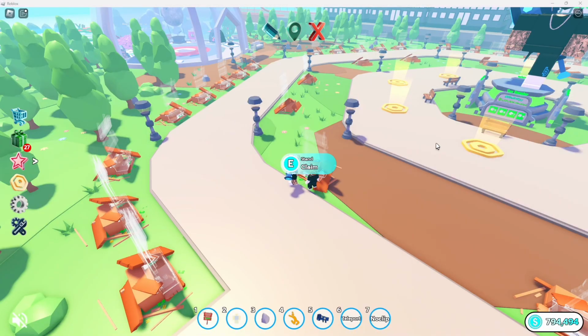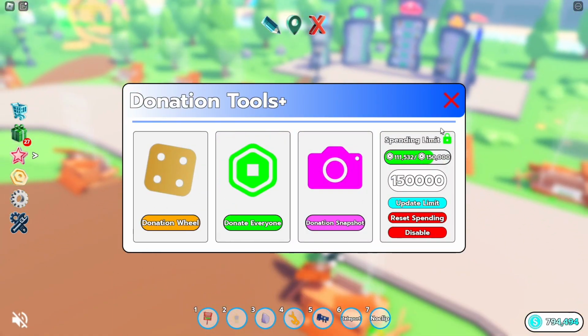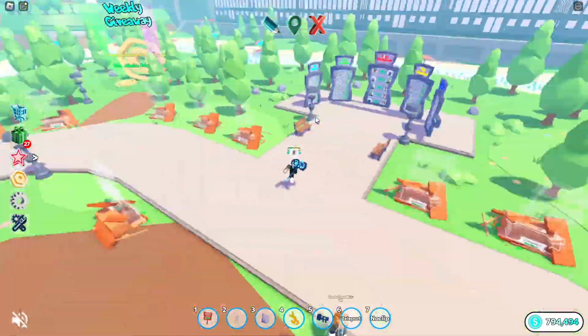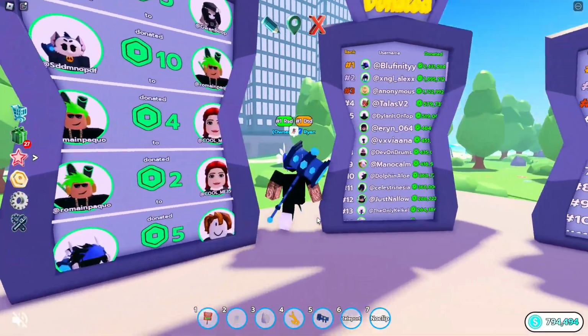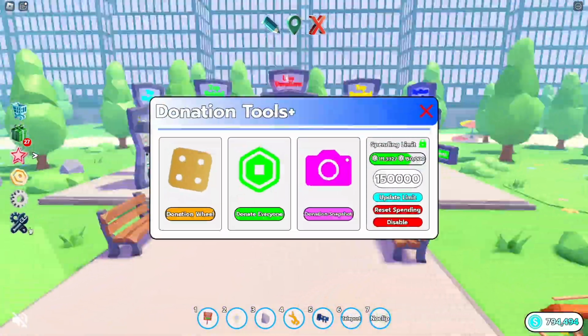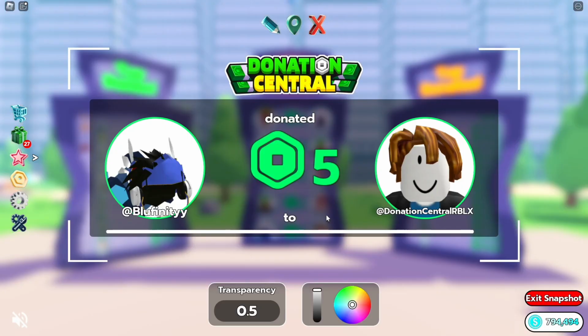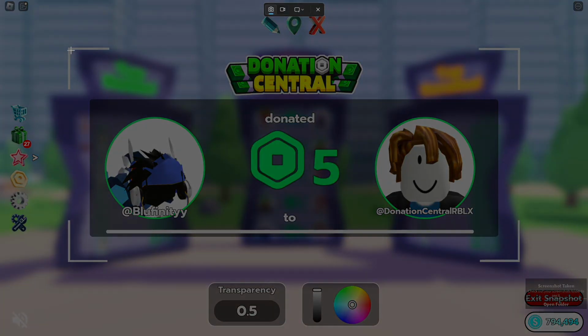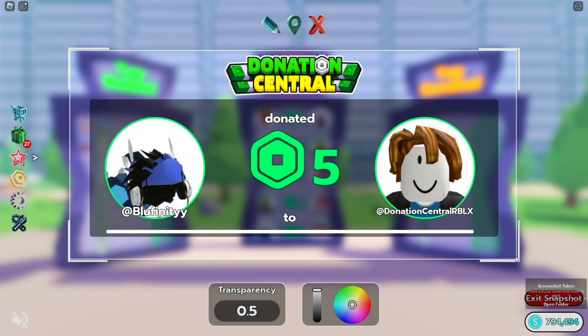Now, we have one more feature in the donation tools Game Pass, and it's called Donation Snapshot. A lot of people like taking screenshots of donations on these live donation boards, right? But a lot of them either are bad angles, you got people blocking them, or it's just really pixelated, okay? Donation Snapshot allows you to select any of the donations from the live donations board, and once you click on it, you can take a screenshot. You have these boundaries over here, these 4 white corners, and you can just open up your snipping tool and take a screenshot within the boundaries, and now you have a perfect high quality